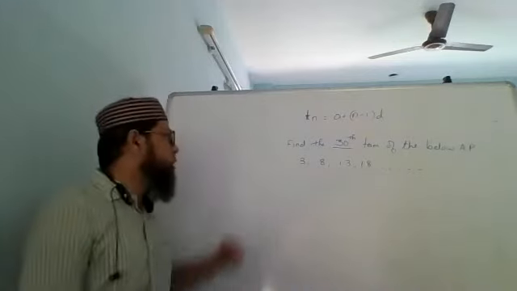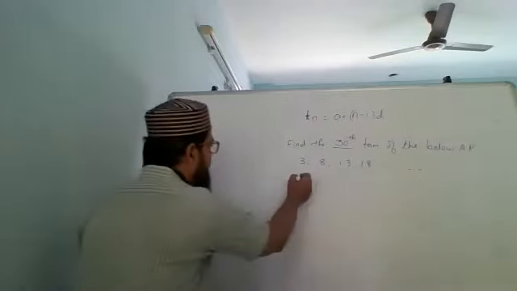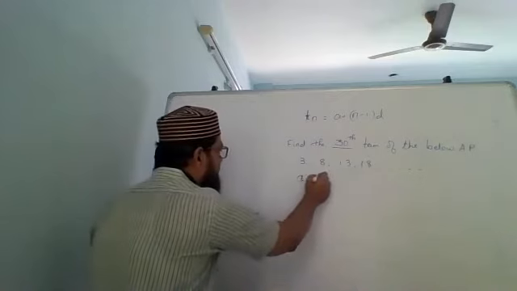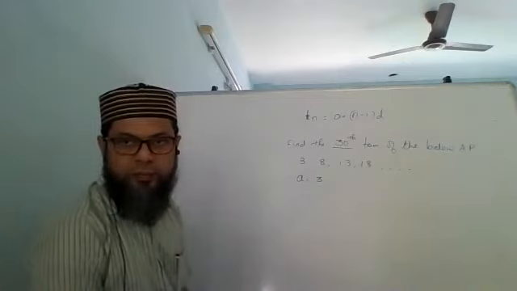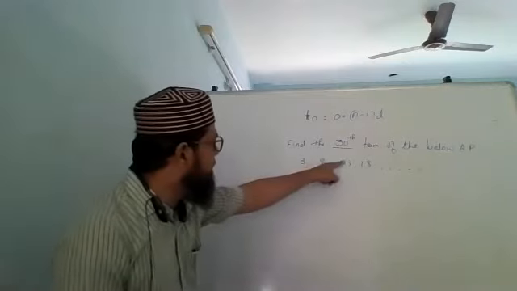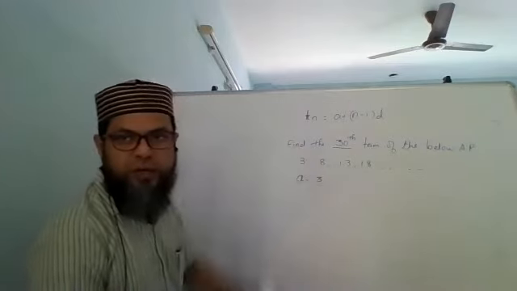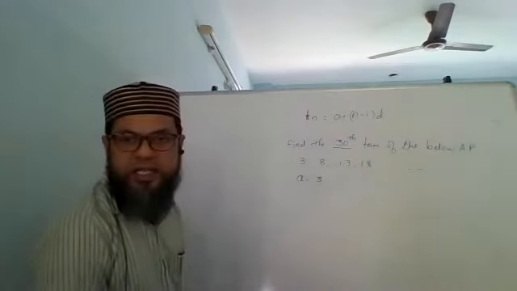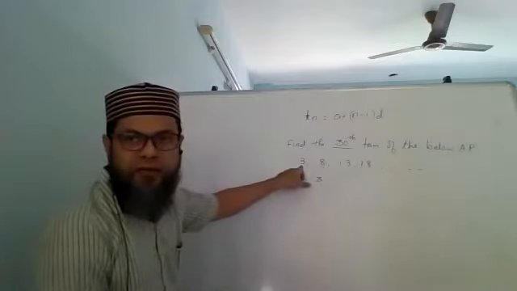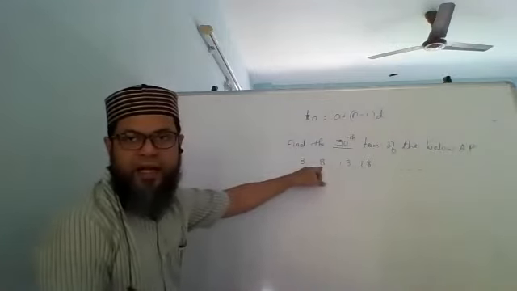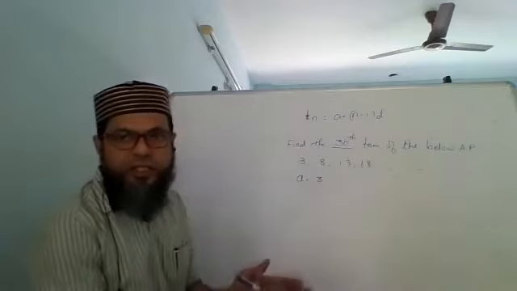So here, what is given to me? 3, 8, 13, 18, that is not what I'm interested in. What is given to me is A in terms of this formula. That is 3. Now you can see from this, even if you just observe, that the common difference here is 5. Because if from 8 I subtract 3, I get 5. From 13 if I subtract 8, I get 5. From 18 if I subtract 13, I still get 5, and it is constant, so it is an AP.